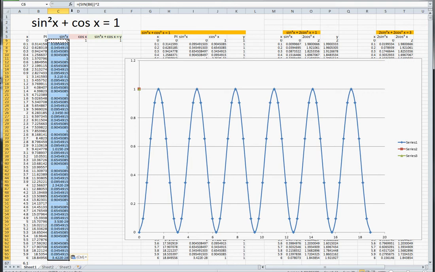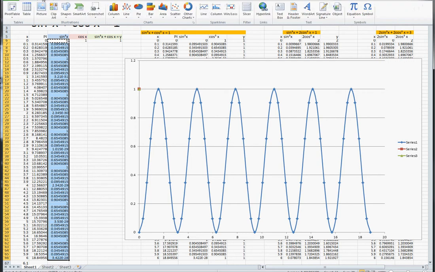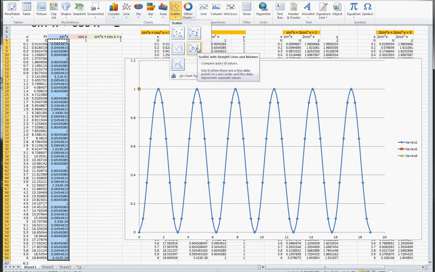This table was an easy make, so if you're trying to repeat this at home, you just go to where it says Insert, click on Scatter in your table area, and Scatter, I use this one here, and I could change it to this one, and I'll do that towards the end. This one actually shows straight lines between the points. This one shows curved lines between the points. It's a subtle difference, but as I'll show you at the end, I think you'll see the difference that it makes. But I'll use the straight lines right now,